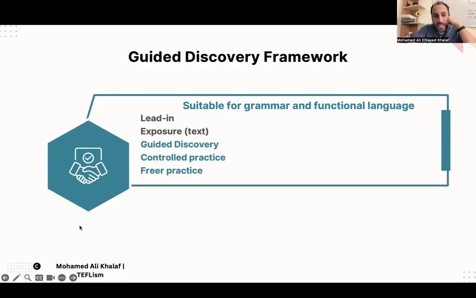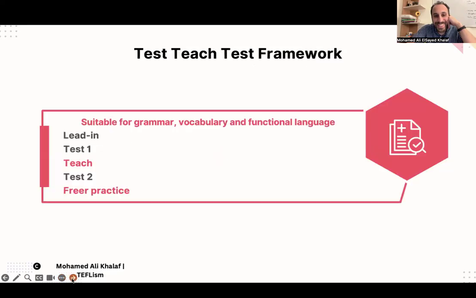What if your main aim was vocabulary and you didn't find the text, instead you found a task? So you opened the book and you found the vocabulary, and there was a table asking you to ask your students to categorize the ways of cooking, for example. Okay? Or to categorize